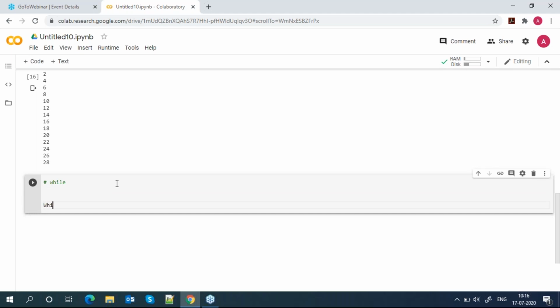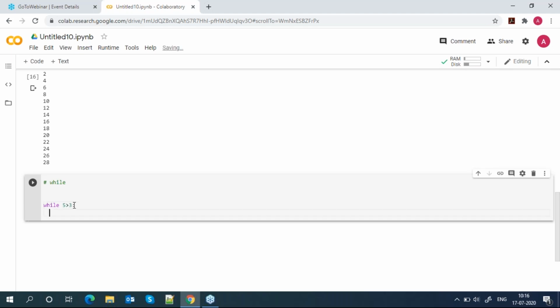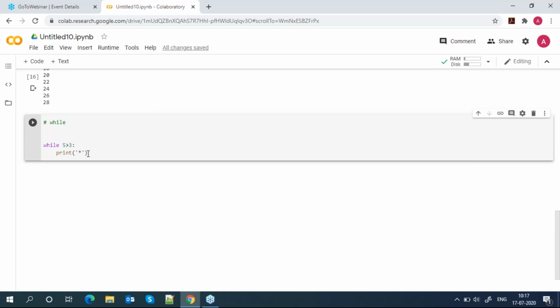Suppose I write a program: while 5 is greater than 3. So this condition is true, right? Inside it I have print star. If this condition is true, print star.